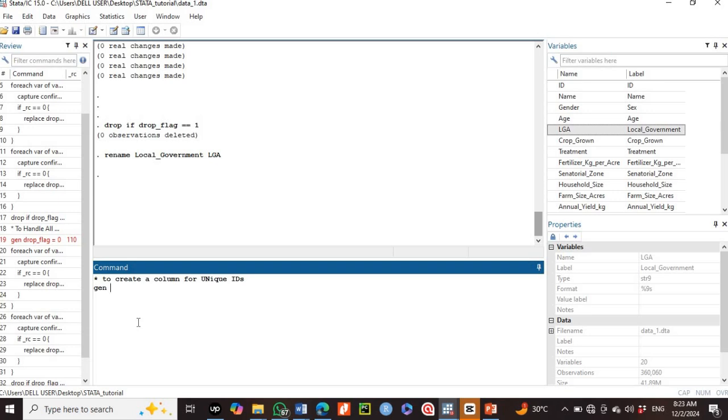We're creating a new column, and the name of that column will be new ID. This new ID will be equal to NG for Niger, as I said. This will be added to the string of serial numbers, and to do that it is underscore n, comma,